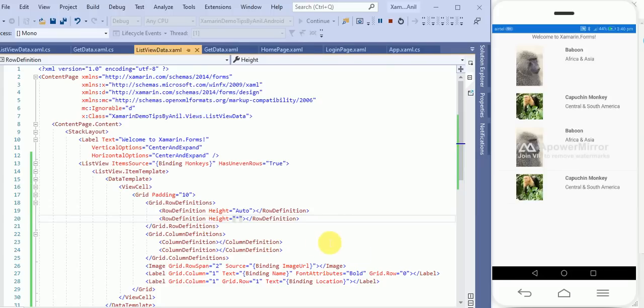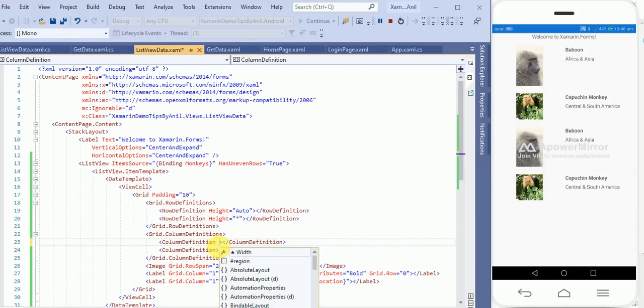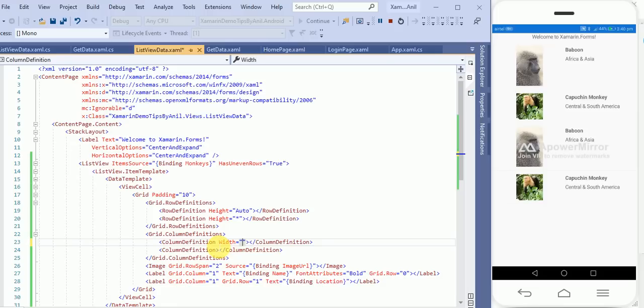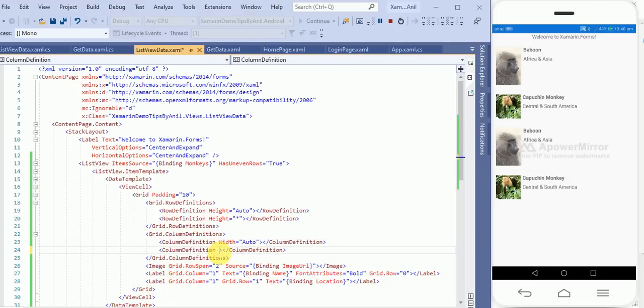In the same way for the columns, the width will be Auto, and here the width will be proportional. Now you can see the output: name and location, name and location. So this is our expected data.